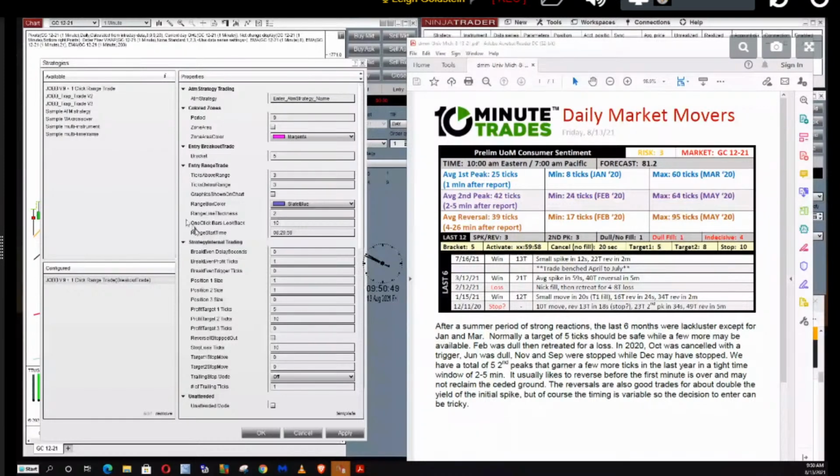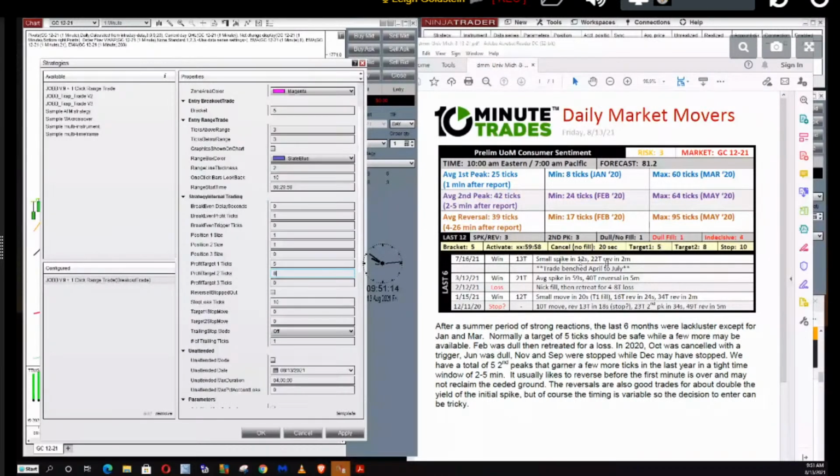So what I'm going to do is, position size 1 is a 1. Position size 2 is a 1. In other words, one contract for each position. 2 positions, 2 targets. My first target is 5. It's already at 5. My second target is 8. So I'm going to set my second target to 8. And then my stop is a 10. Stop loss ticks is set to 10. So it should be 10, and it is.